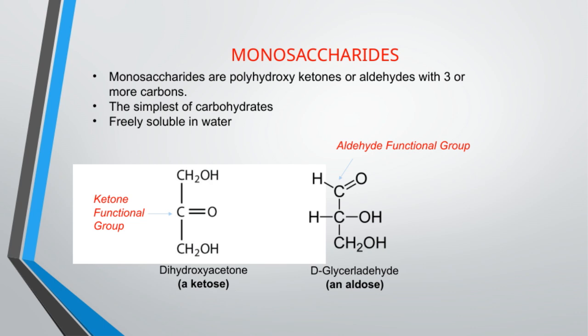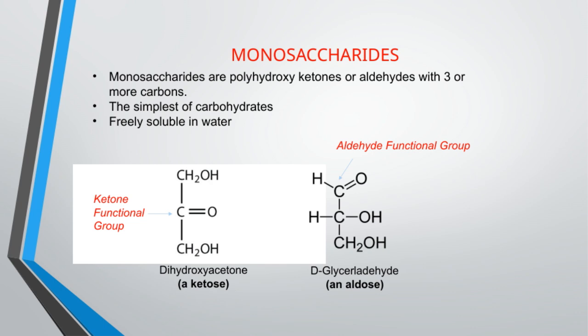They are essentially polyhydroxy compounds, meaning they have multiple hydroxyl groups, and they have 3 or more carbons. This makes them the basic building blocks of more complex carbohydrates. Because of their small size, monosaccharides are very soluble in water, which is important for their biological functions. To sum up, monosaccharides are polyhydroxy ketones, or aldehydes with at least 3 carbons, and they are fundamental to carbohydrate